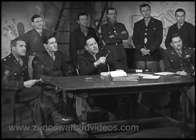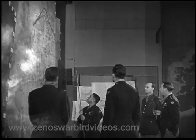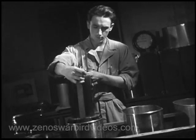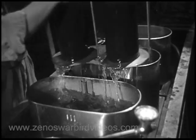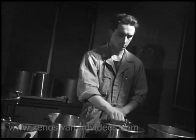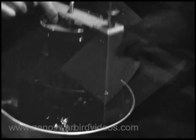After a particularly large or important operation, there will be a command critique, with the 8th Air Force Commanding General presiding. Here in the dark room, the strike photos of the targets, brought back by the returning planes of the group, are developed and printed with all possible speed, so that experts of Bomber Command can assess the